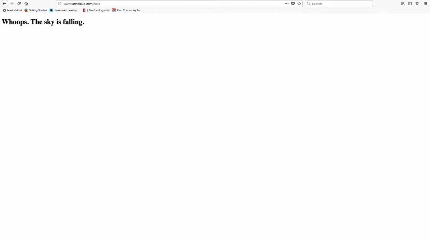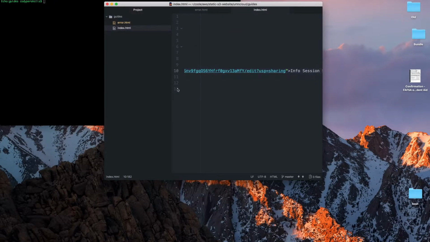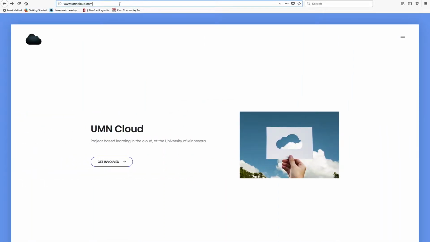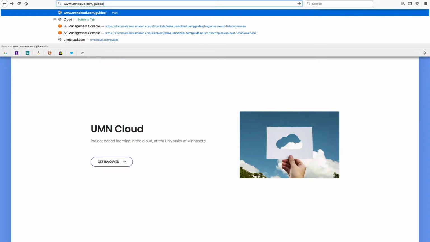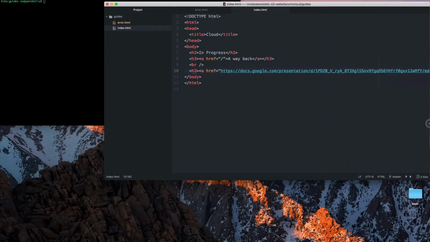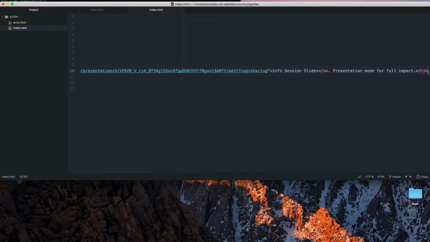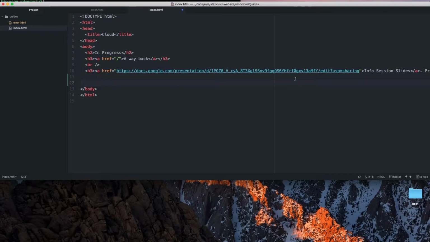Yeah. So if we, let's go back. Let's say we want to change something. So now I'm going to change the guides page. And this is actually where I'll upload all the guides, including this screencast. So let's say I want to change this right here. Right here, this is what I have as the HTML for the guide pages currently. Let's add something,